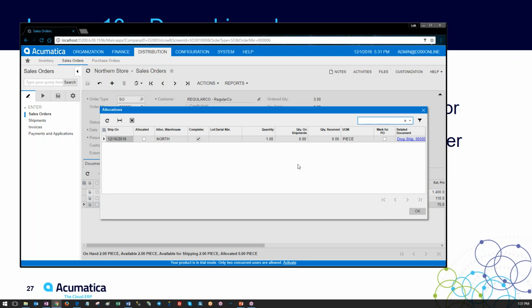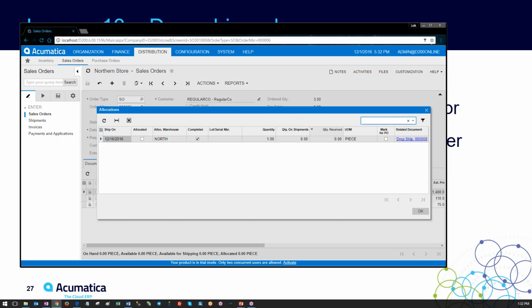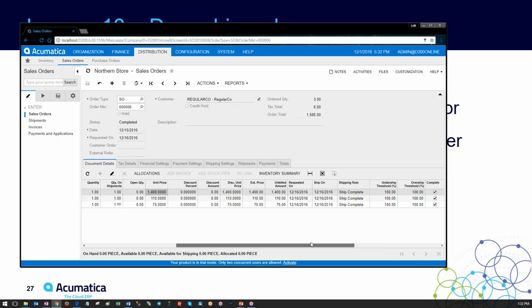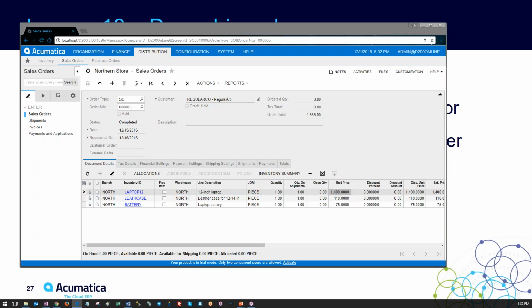You remove here. It's not active now. It is related to the dropship. Let me get this field a little bit bigger so you can see the dropship related. Same thing will happen on the first line. Okay. So now everything is marked as completed, everything is ready, and the next step is basically just to create